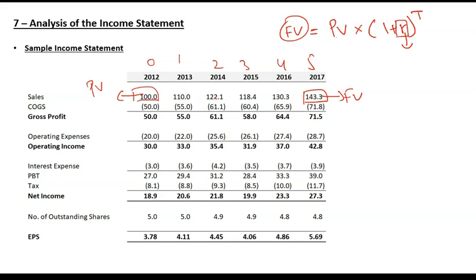Now you need to find out what has caused this change, or how much it has changed on an annual basis in each given year. So simply you plug in future value here, 143.3 equals present value 100 multiplied by 1 plus r to the power 5, because these are 5 years. Remember, if I am taking a 5-year period, I will take 6 values. If I am taking a 3-year period, I will take 4 values, because it starts with a 0. It starts with time 0 to the power 5. Now if you solve it, you can find out r.